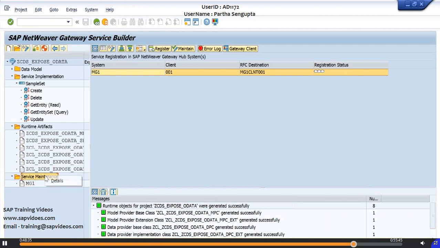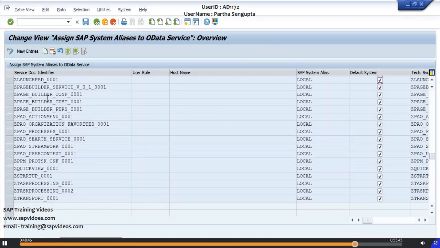Maybe I can create this system, MG1 client 001. But now I'm currently using 8008. So maybe I have to go to system alias and add this back,